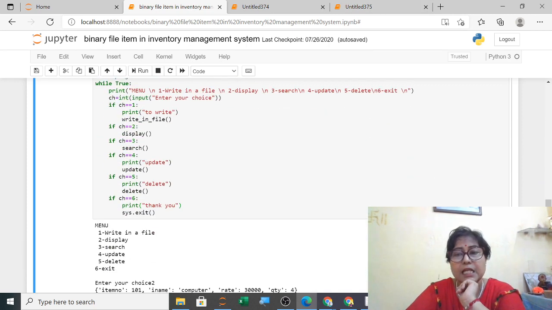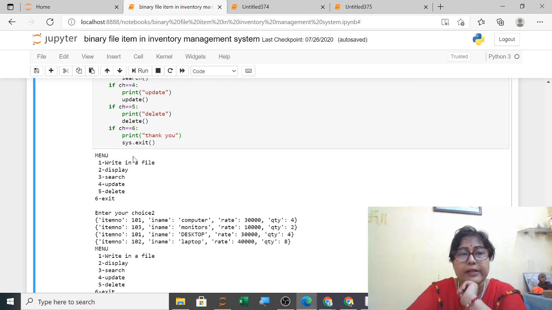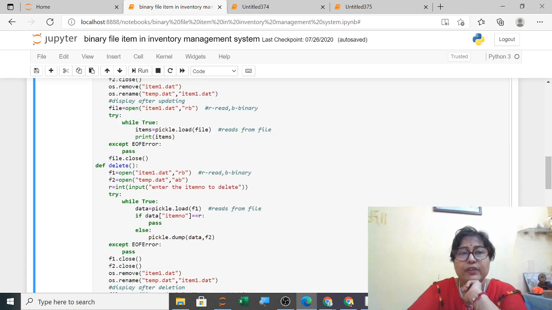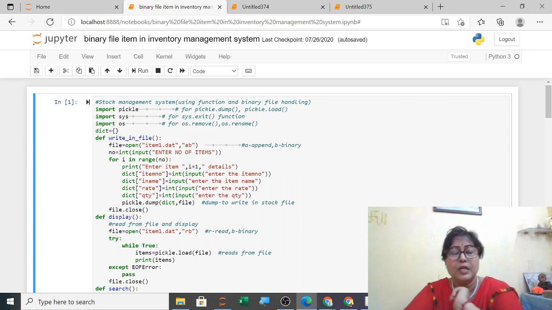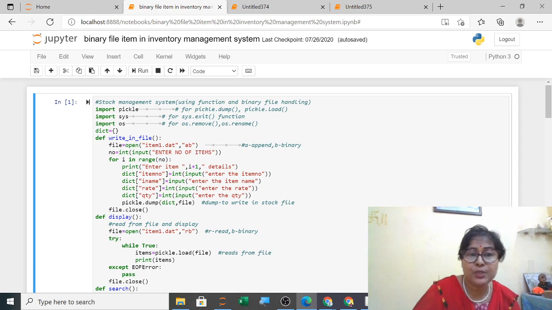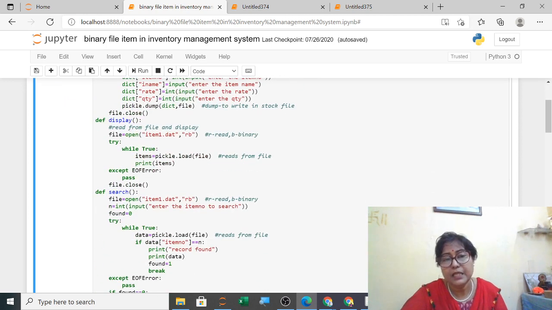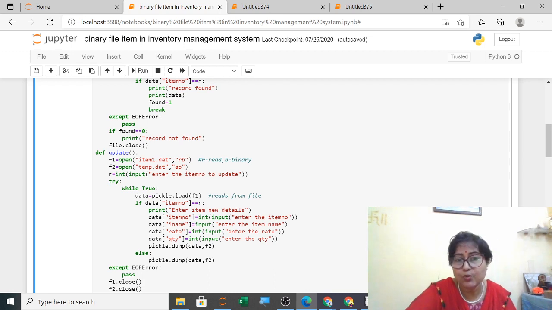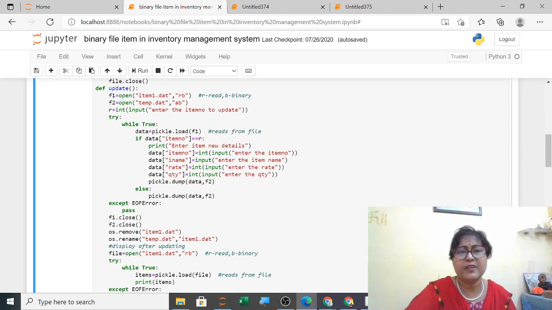So update and delete we will do in our next class. Till write, display and search, it is getting executed in all three. So whichever is your project, till search you will run and execute it in the next class, explain it, and present your project. Update and delete I will correct and explain once in your class, and then you will explain in your next class, because previously it was getting executed. Here F1, F2, with F2 temp we were doing it. The coding is correct, maybe somewhere we have made a little mistake.